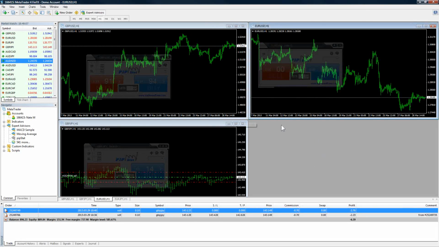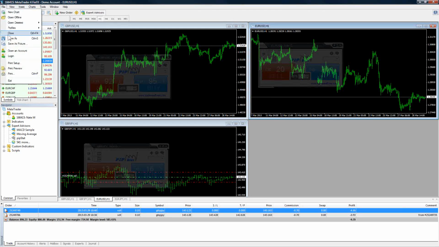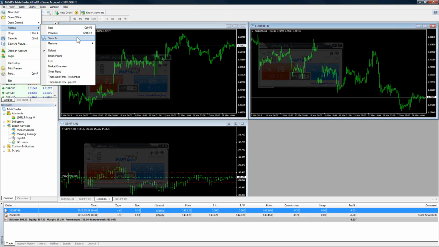Now keep in mind that a lot of this stuff takes time to set up, and this is what we started going into last time in Module 3, which was the first module for MetaTrader 4. When you do this, it really makes sense to go in and start creating profiles. So when you set things just perfectly the way that you want them, make sure that you go in and you create a profile for yourself.